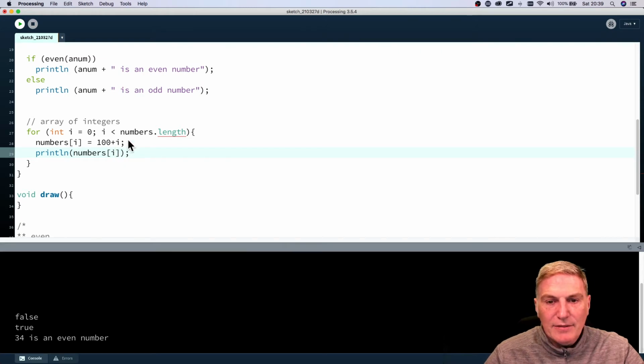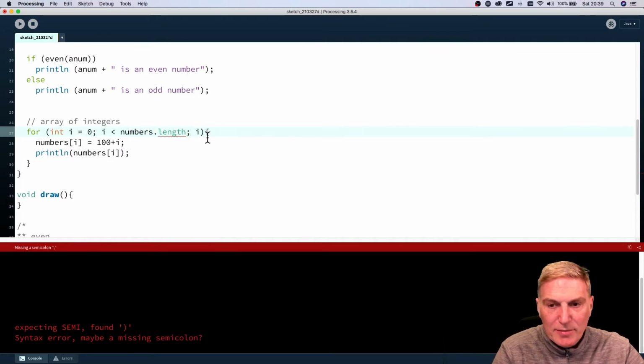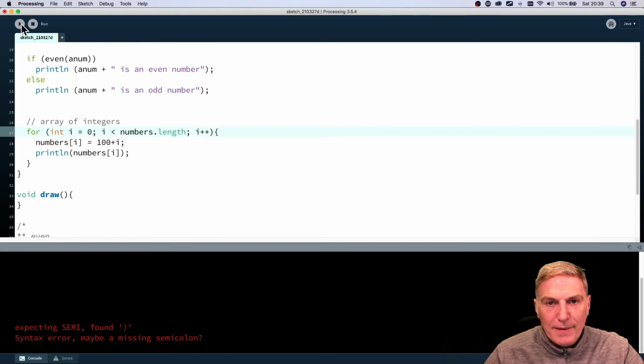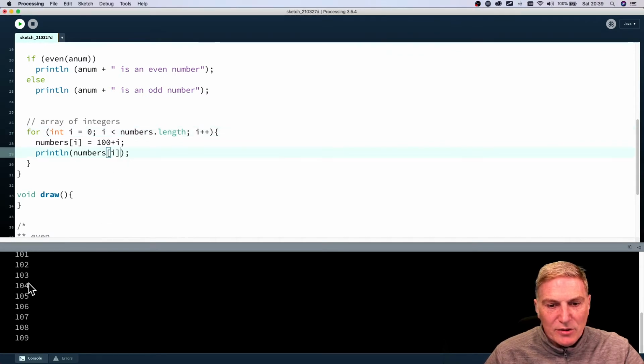And if I run that, oh yeah, forgot to increment, so we'll put in i++. And what we'll see then at the end is it'll print out all the numbers in my array. So it's 100, 101, 102, and so on. So what might be useful now is next to those numbers to actually indicate whether those numbers are even